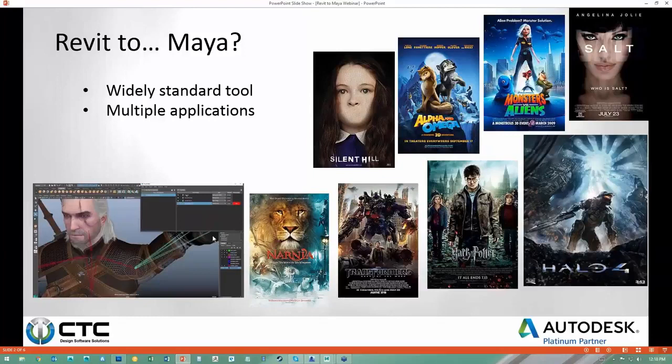As well as connecting to game engines like Unity, Unreal, and Autodesk Stingray. It communicates with those programs very well, so you can see Halo 4 and Witcher 3 here, a couple of projects that use Maya. And it's kind of where I can see that the industry is going. All right, so